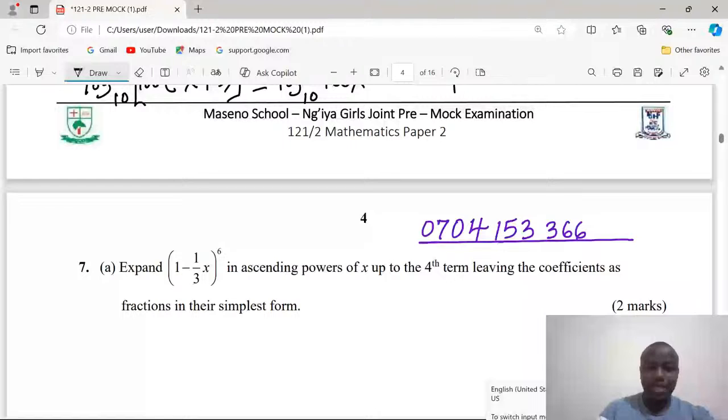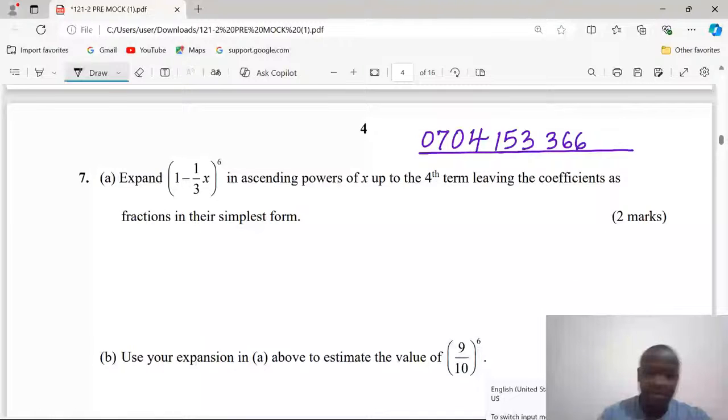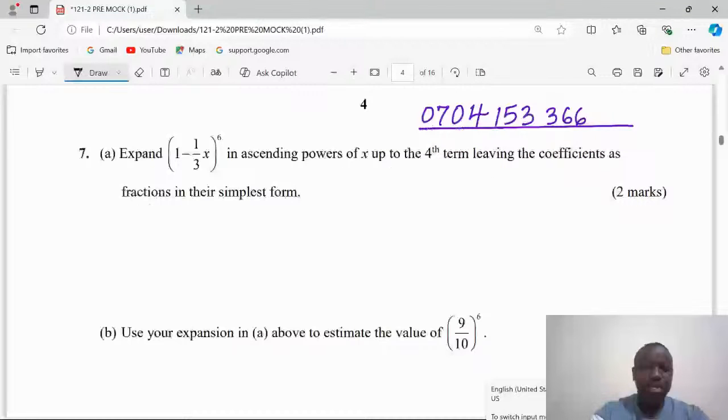Let's go to number 7. You can see number 7 is a question on binomial expansions: expand 1 minus a third x raised to power 6 in ascending powers of x up to the fourth term, leaving the coefficients as fractions in their simplest form. So for us to expand